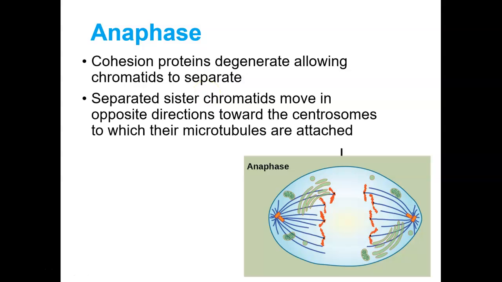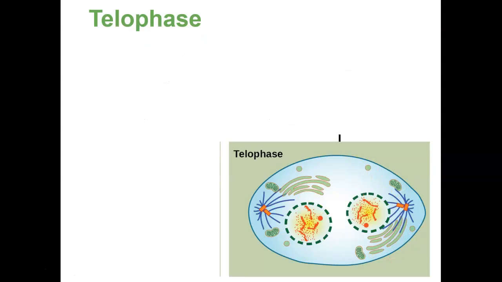And each sister chromatid moves in an opposite direction towards its centrosome, and they're pulled by these spindle fibers. The cell gets elongated, forms kind of an oval shape, and we move into our next phase. So by doing this, by separating those in anaphase, we are creating 2 piles of identical populations of a full